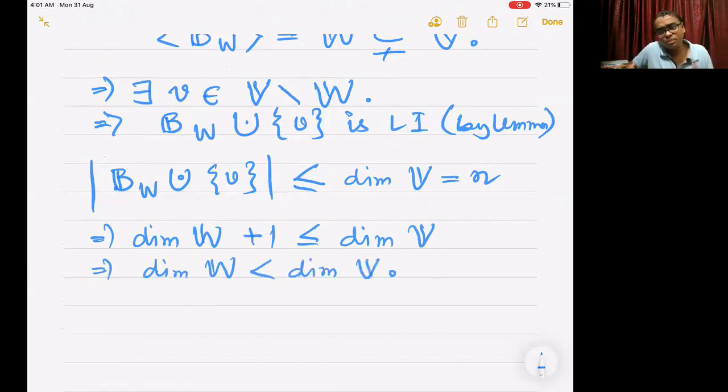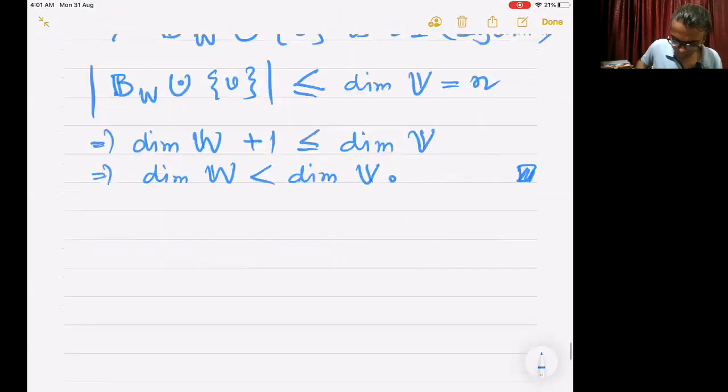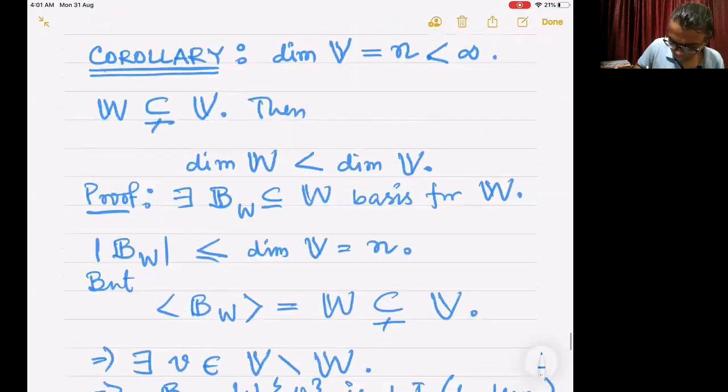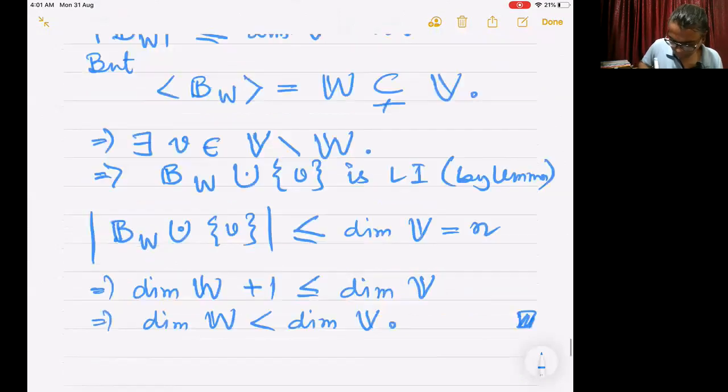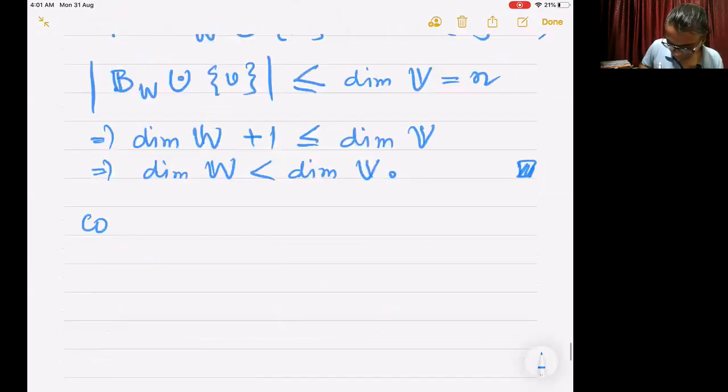So if it's a proper subspace, its dimension can never be more than or equal to the dimension of the overall, bigger vector space. This completes the proof of the corollary. The next corollary, so let me call this one corollary 1, and then I have another corollary, which is that